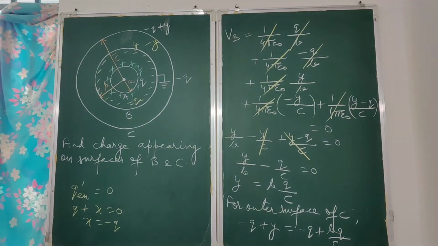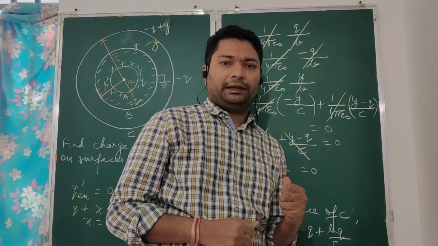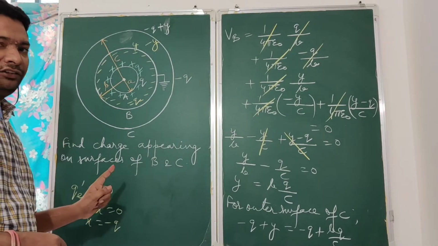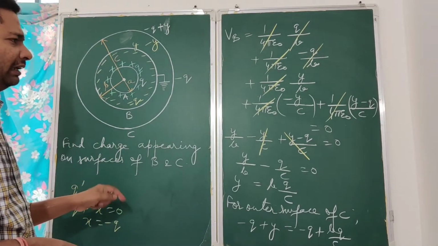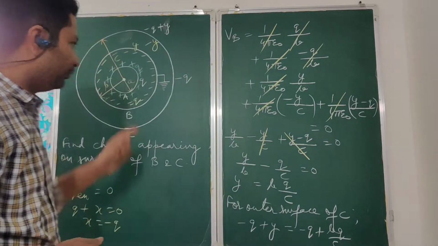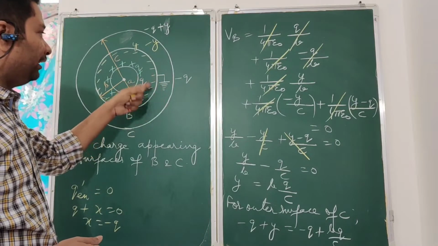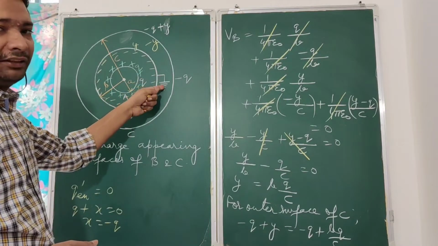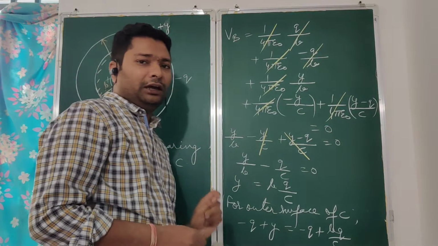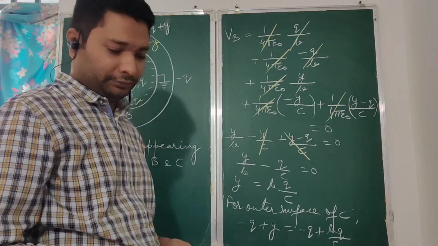And that's how you solve the question which is related with concentric spheres. First, do the charge distribution making use of Gauss law, and then make use of whatever additional information is given in the question. So here it was given that the middle sphere has been earthed. So that means the potential at the surface of the middle one is 0. So we made use of that information to frame the equation and get the value of the unknown.